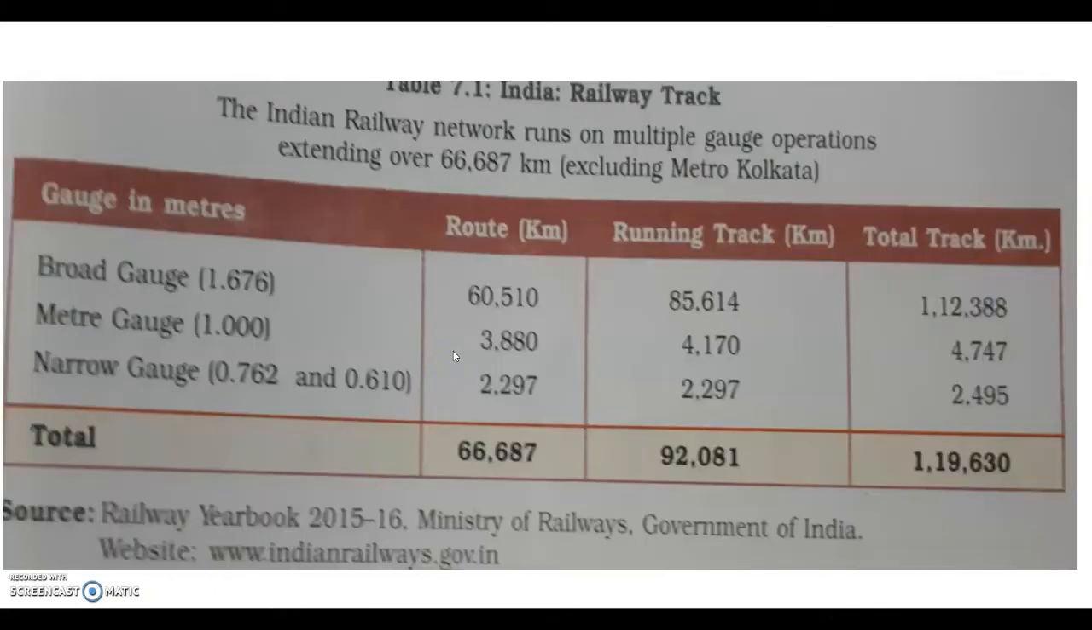This is Table 7.1 of our textbook. Children, this is the new edition textbook, so there are some changes in your textbook. Please correct it in your textbook. Okay. The Indian Railway network runs on multiple gauge operations extending over